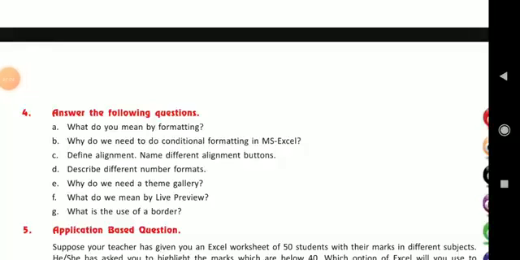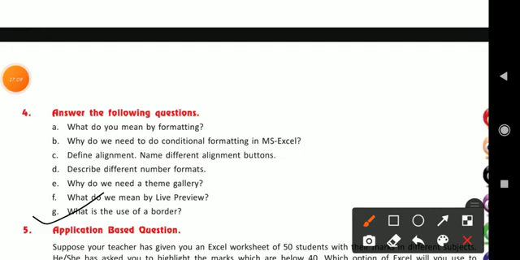Now coming to our last question, G. What is the use of a border? Border can be added to the cells for separating the data from surrounding cells. So you can write that border is used to separate the data from surrounding cells.